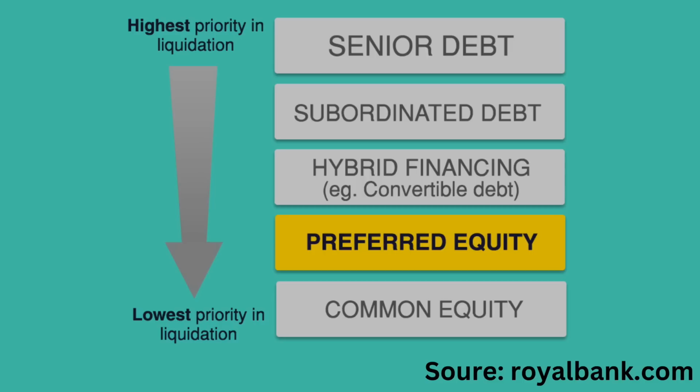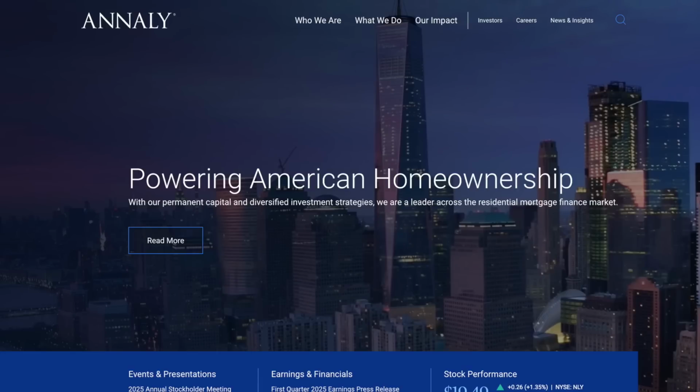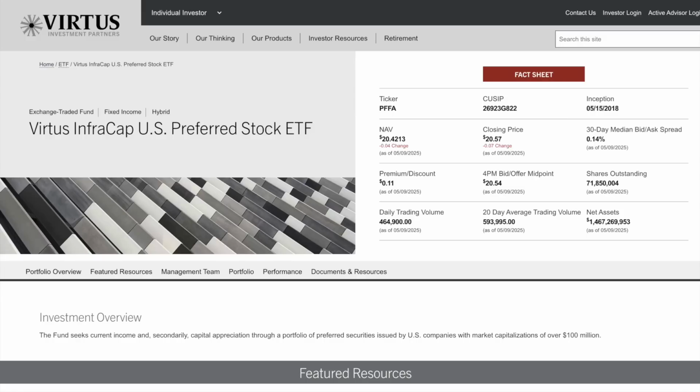The downside is that, depending on the type of preferred stock, there's usually no potential for dividend or share price increases. So they really are like bonds, but they can yield between 7 and 10%. Annaly Capital is a company that issues preferred shares of their stock that are much safer in my opinion than their common shares. But just like with MLPs, there's also ETFs that hold them. I like ticker PFFA, which adds some leverage to boost its dividend yield. That makes it a little riskier, but it's adding risk to a safer investment type, so I view it as kind of a trade-off. If you're going to go with individual preferreds, I would go with the preferred shares of larger companies. Avoid investing in preferred stocks that are issued by very small mortgage REITs, because even those have gone